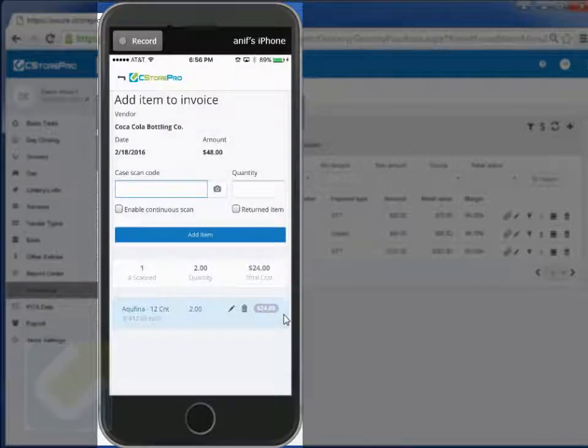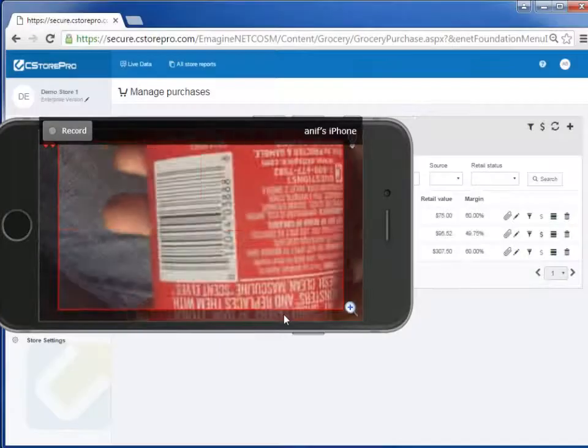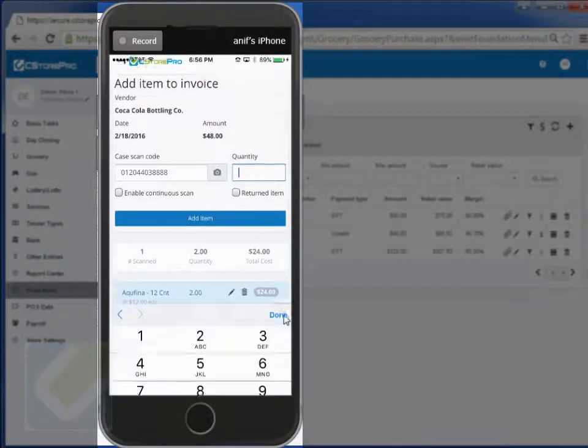Now you notice at the bottom it shows me that the total amount for this item was $24. I've scanned one item so far, 2 quantity I've received, and the total cost of $24. If I scan the next item and enter in the quantity